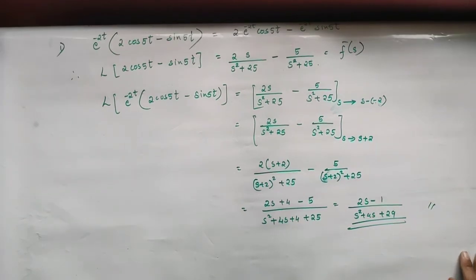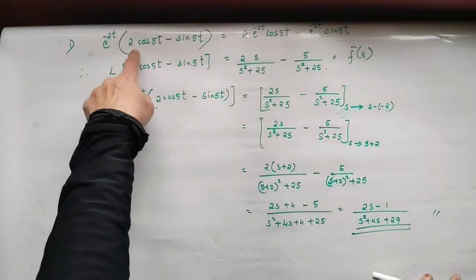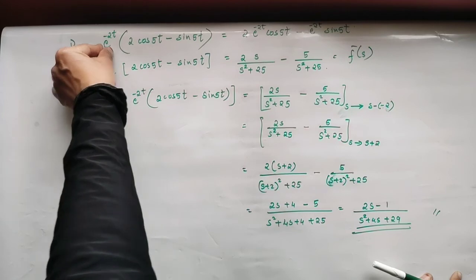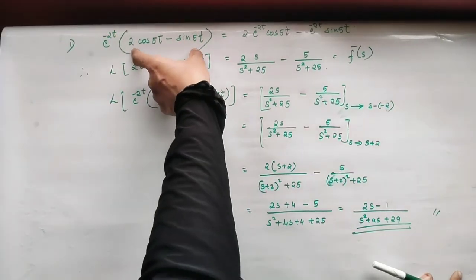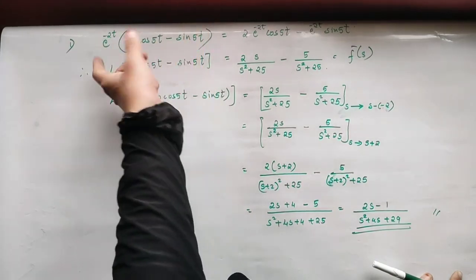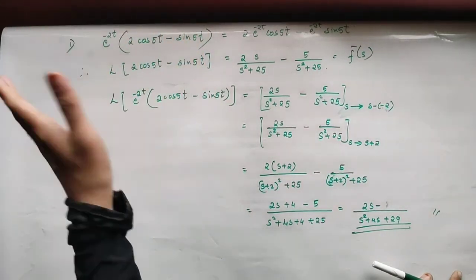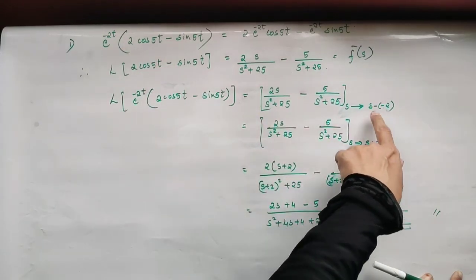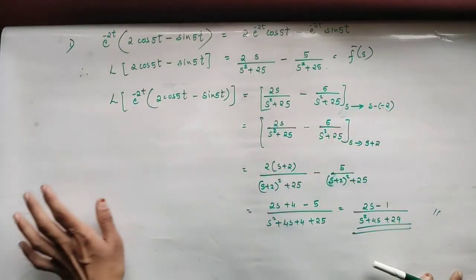This is how you simplify. It's very simple. All you have to do is find the Laplace transform of the part except the exponential part. You just work out the Laplace transform of the given thing. After that, once you get that, you replace every s by s minus a value. Here the value for a was minus 2, so we wrote s plus 2. How it got changed, I have shown you stepwise.